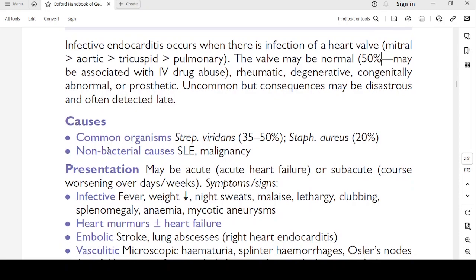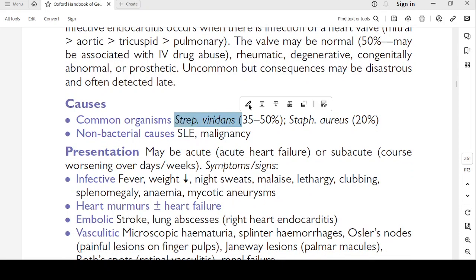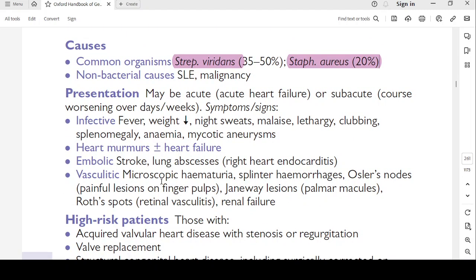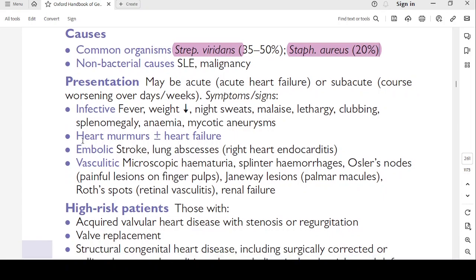Causes. Common organisms are Streptococcus viridans and Staphylococcus aureus. Non-bacterial causes are SLE and malignancy. Presentation may be acute with acute heart failure or a subacute course worsening over days or weeks. Symptoms or signs. In case of infective causes, there will be fever, weight loss, night sweats, malaise, lethargy, clubbing, splenomegaly, anemia, mycotic aneurysms, heart murmurs, plus heart failure, embolic stroke, lung abscesses, right heart endocarditis,